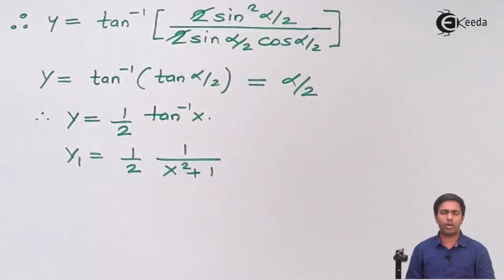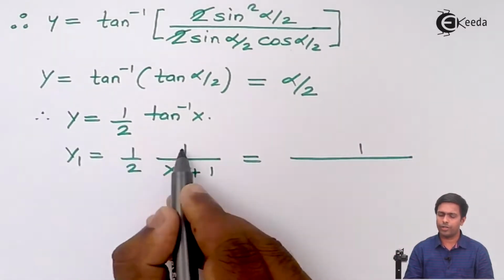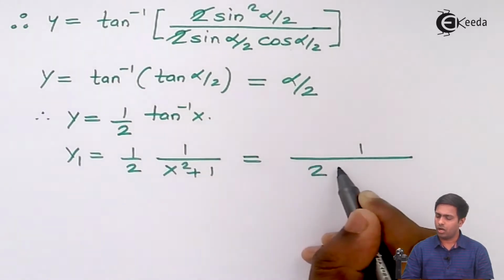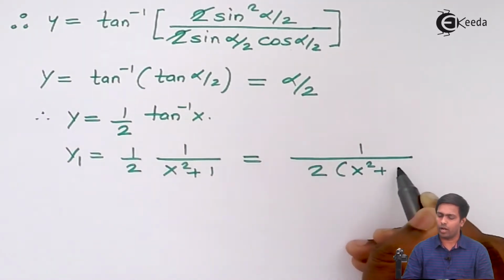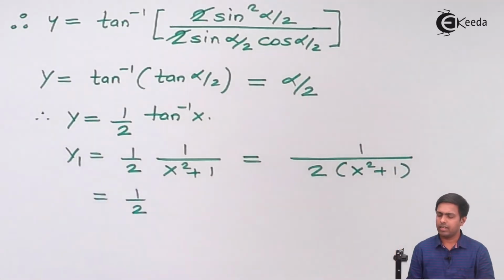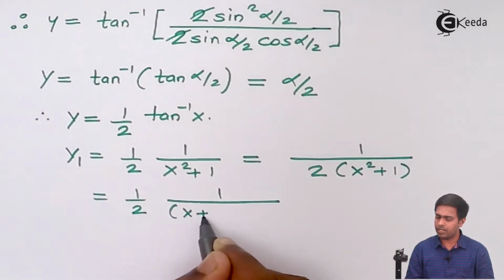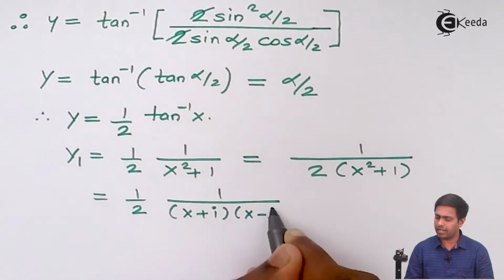Now guys, here I got a quadratic expression. For a quadratic expression we don't have any standard nth derivative formula, but yes, if I convert this quadratic into linear factors, then we can definitely get the answer. So what I'll do is write this as 1 into 1, 1, this is 2 upon x square plus 1. Then I'll keep this 1 by 2 outside, and this 1 upon x square plus 1 we can rewrite as x plus i into x minus i.